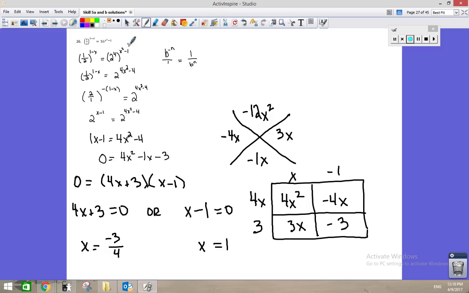Since the exponential functions have a domain of all real numbers, I don't have to worry about extraneous solutions. So if I haven't made a mistake in my solution to get to this point, these two